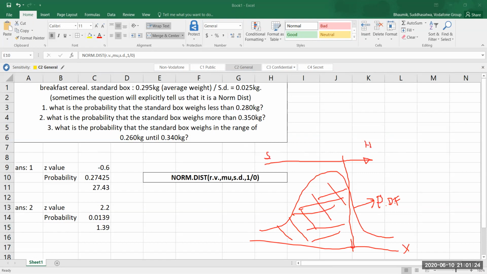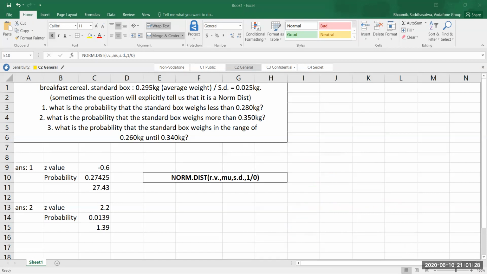If this is the case, then in the ideal condition, I put the cumulative value equal to true if it is a cumulative distribution function, or I put it equal to 0 if it returns a probability density function. Now this is going to be more confusing than the previous thing, but let me clarify. My point is,